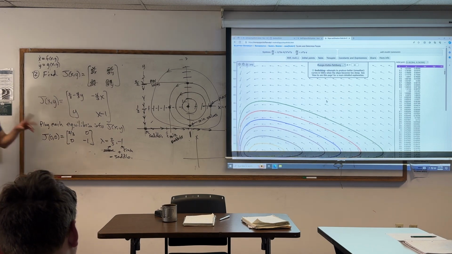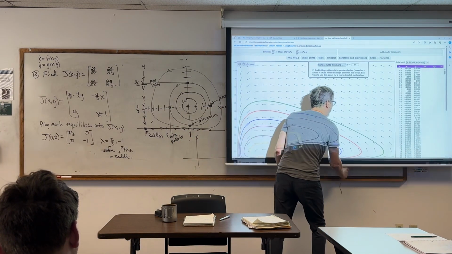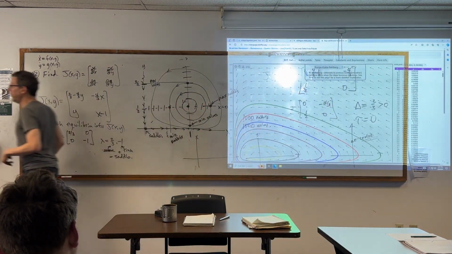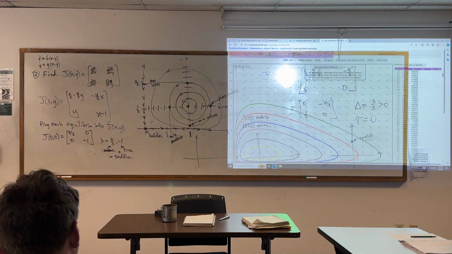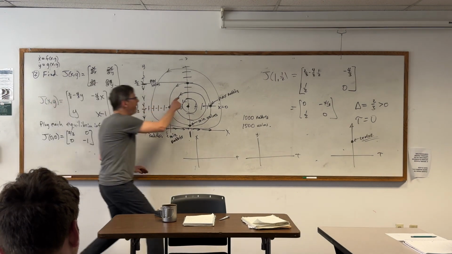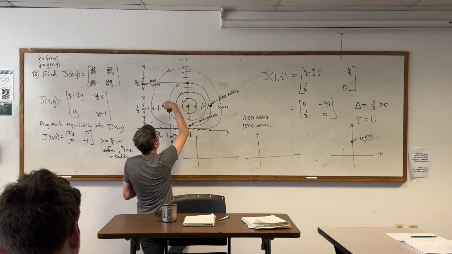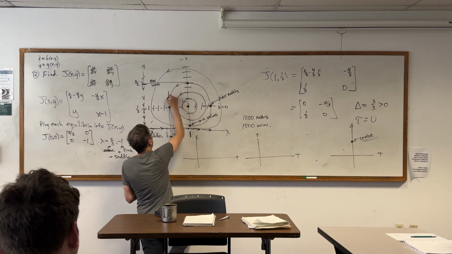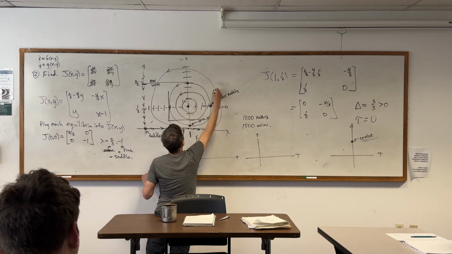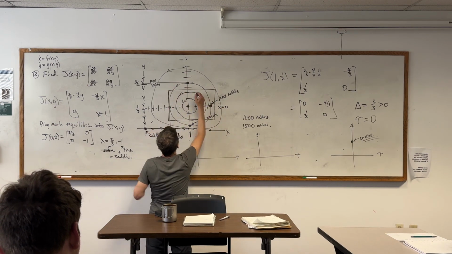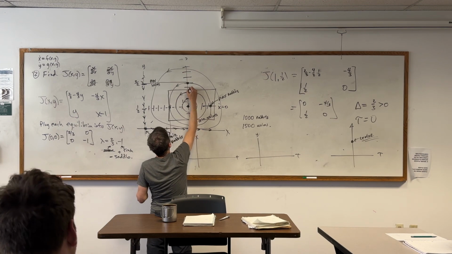But more importantly, let me tell you how you could prove this if you didn't have a computer with you. Let me show you the basic kind of argument that one could use. And then I'll let you go. What you can do to prove that this isn't an outward spiral, at least, is you can mark off a little region around the equilibrium, and you find certain spots where all the inflow is